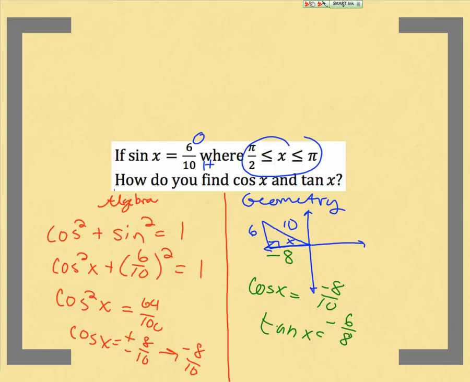So if you don't like the geometric way, go ahead and do the algebra way. Again, that's old news. We've done that before, and like I said, I think chapter 8. And then we can get tangent by doing sine over cosine, just like we did earlier today, and end up with the exact same thing. So again, whatever way works for you. I feel like this way looks like more work, but whichever way works for you is completely fine with me. Do we have any questions before we put the assignment